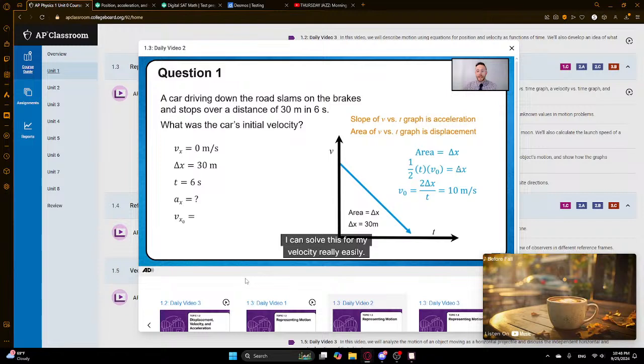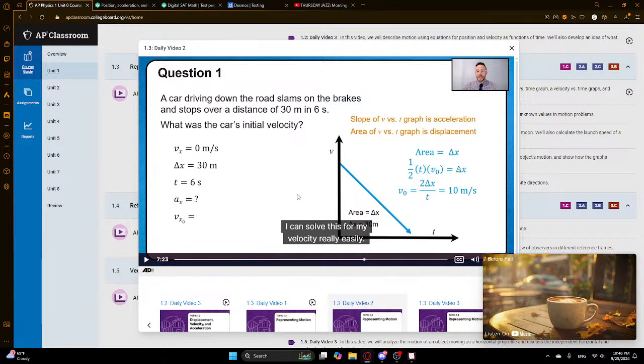He knows. I thought area. Is area really just delta x? I don't remember this being true. I remember this being